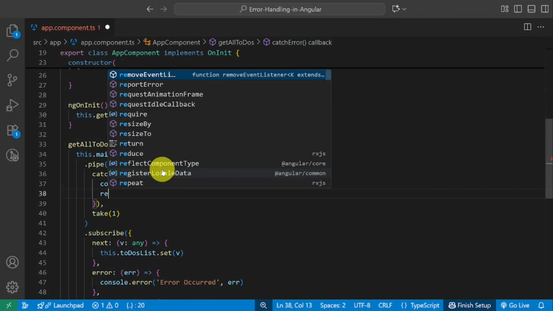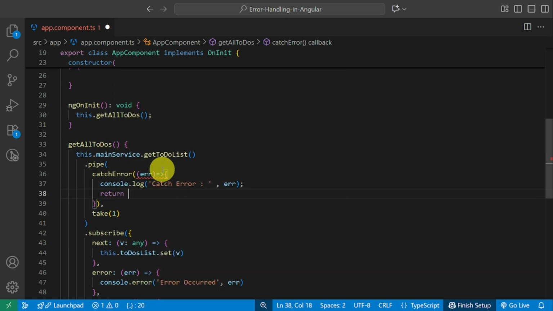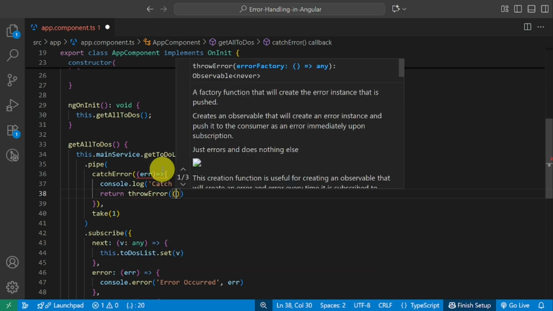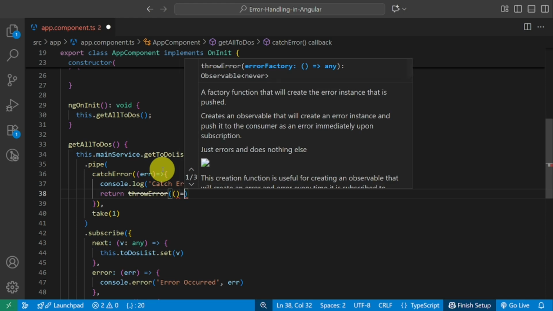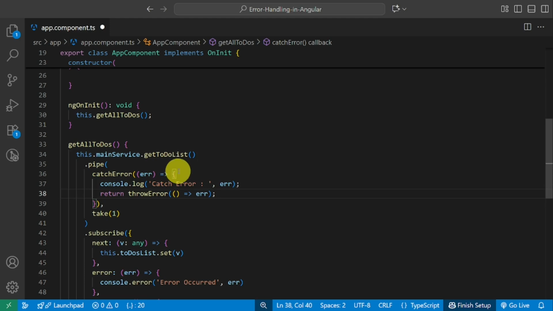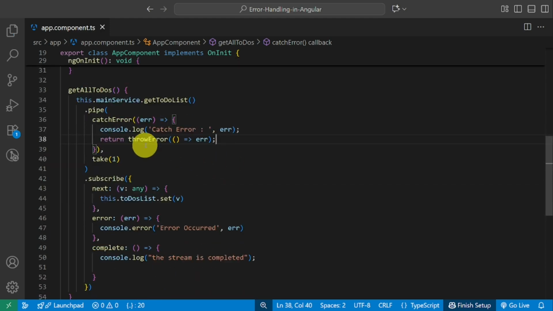In the rethrow strategy, or I like to call it the flare gun, we use the throwError method from RxJS. It means we are not fixing the problem ourselves. You are just firing a flare into the air to let others know about it. The rethrow strategy rethrows the error to the subscribers.